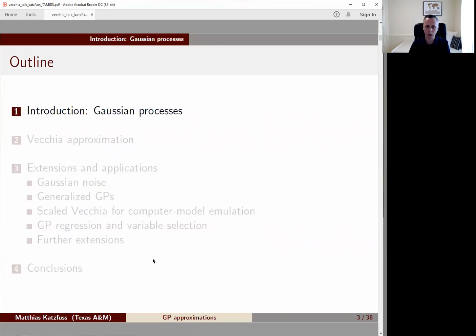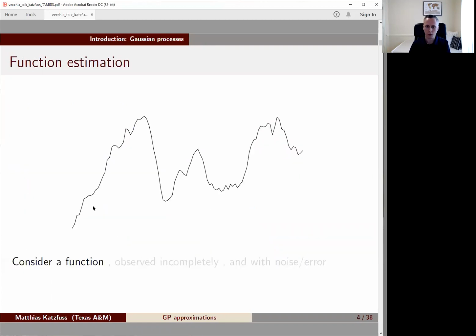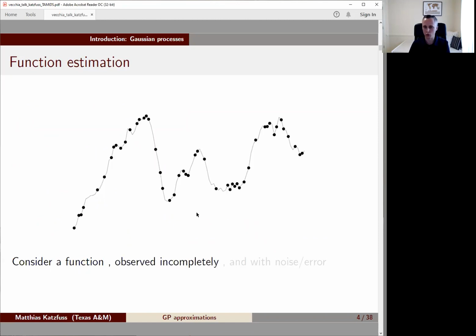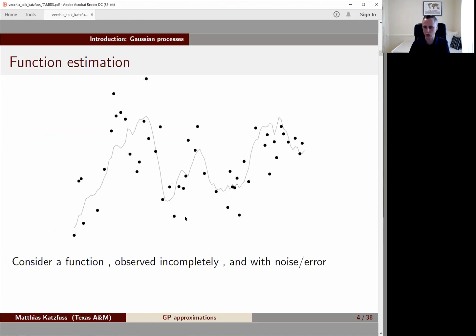Okay, so let's start with a very simple toy example. Let's say we're interested in estimating this function here that I've generated, but we've only observed it at certain input values, say at these black dots here. And maybe on top of that, the observations that we have are actually noisy, have noise or error in them. And so basically, we could imagine that we've observed these black dots and we want to infer this underlying gray